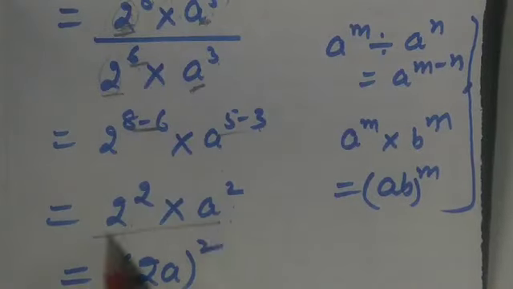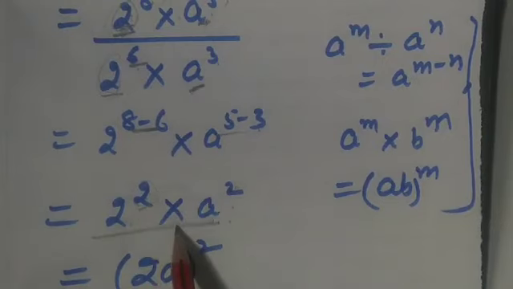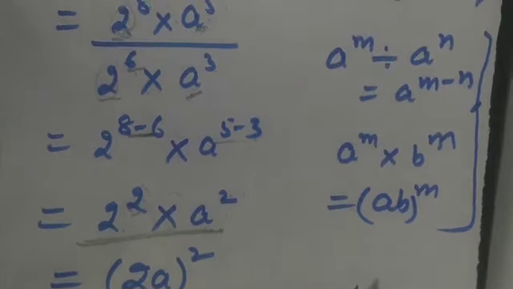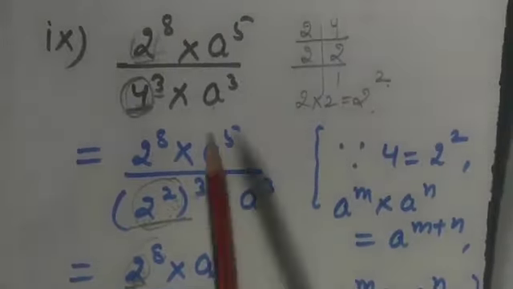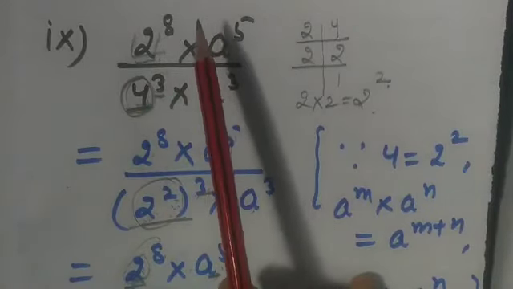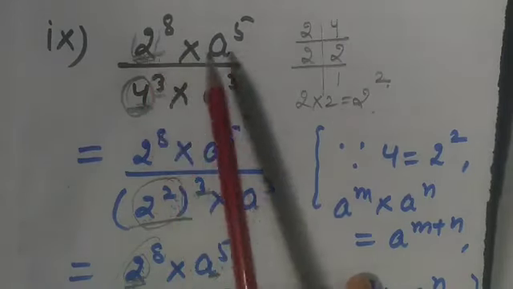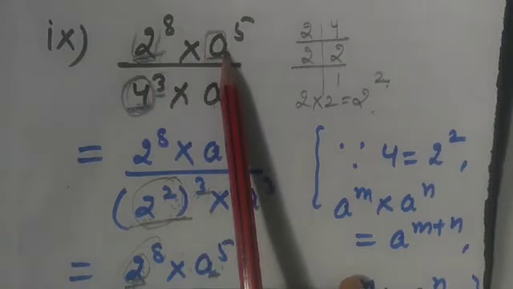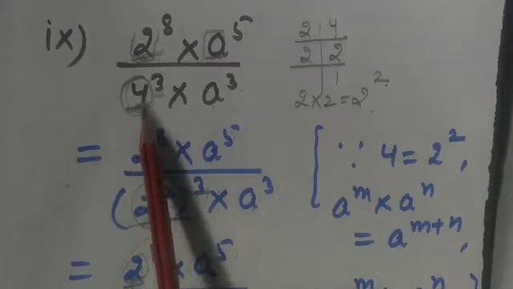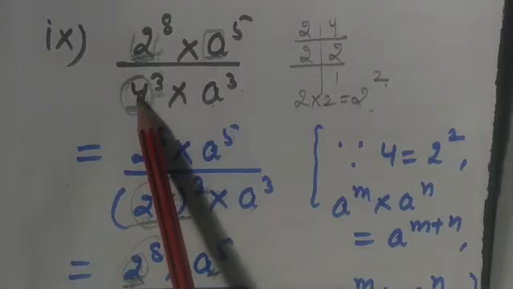And this, using law of exponent, we know that whenever the base powers are same and we have in between multiplication, so this can be written as this one. Okay, let me explain it again. First thing, whenever you are solving these types of expression, you have to express each number in the powers of prime. Okay, this is already prime number, this is, we don't know. If any variable is present, just leave it. Okay, and this is 4, this is not a prime, this is composite number, it means this is not a prime.